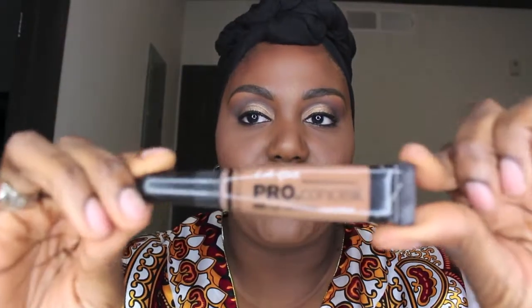Also, I use it for under my eyes. And I also use it for my eyebrows. I know a lot of people have gotten away from putting on concealer under their eyebrows to clean them up. I still like it. I still do it. So I'm going to start with the most inexpensive ones. And you and everybody and their mama probably heard of these. If you have not, if you're looking for an inexpensive concealer,